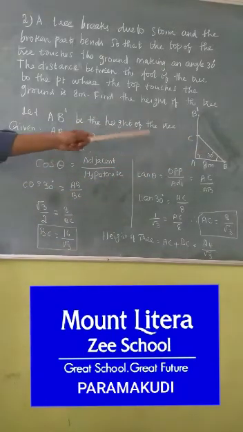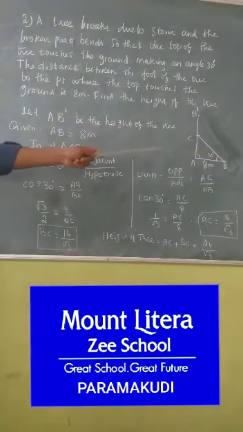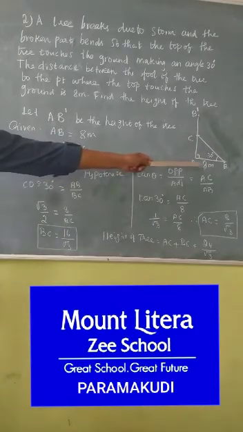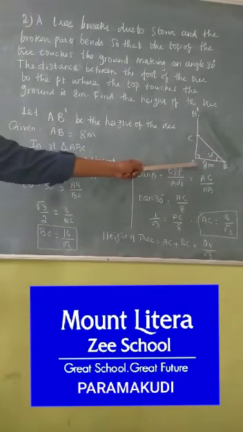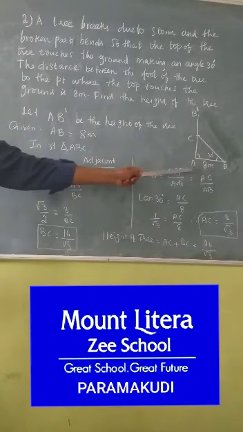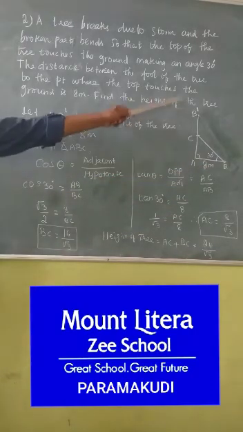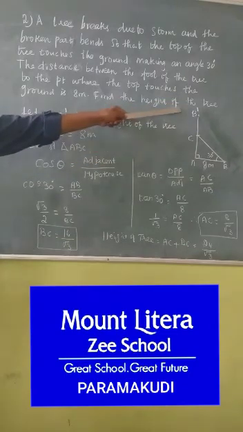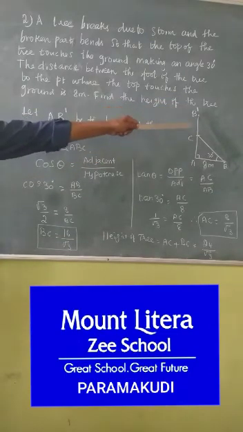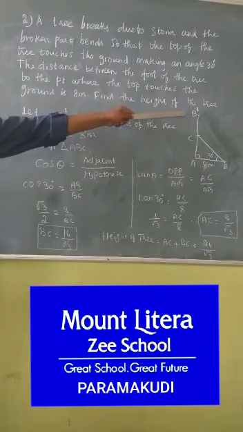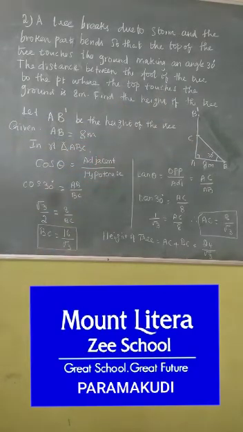So in right angle triangle ACB, what do we know? A is the foot of the tree and B is the point where the top touches the ground. So we know AB, the distance between the foot and where the top touches the ground, is 8 meters. Actually the height of the tree is ACB1. B1 is the cut part that came down, so we calculate ACB. What is AB1? The height of the tree, and AB is given as 8 meters. So I take right angle triangle ABC.